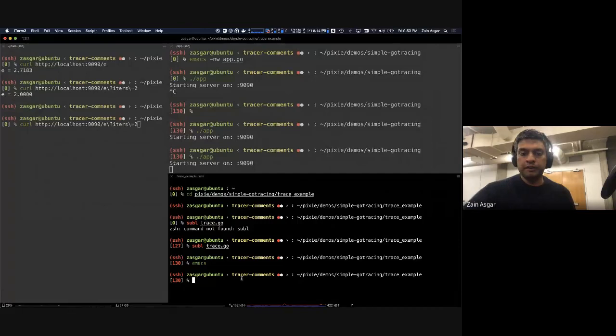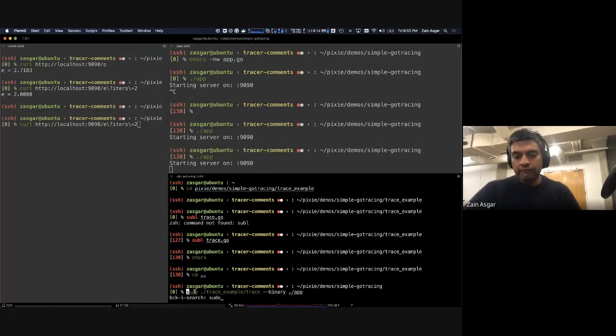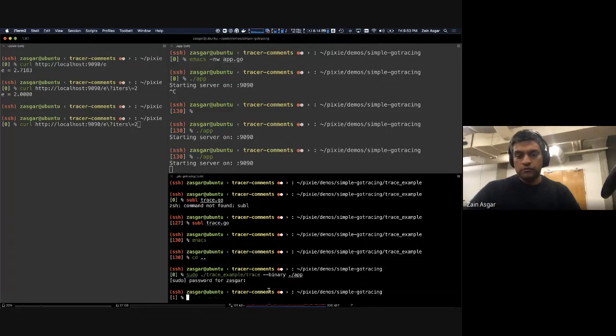So Milan, just to close the thread over here. When we run the binary, we basically specify the application that we're interested in monitoring over here, right? So